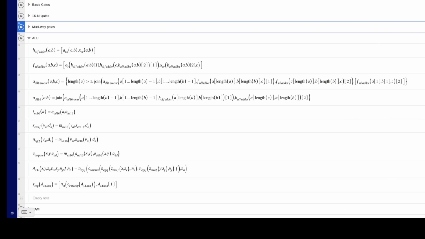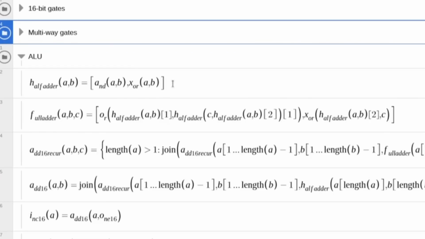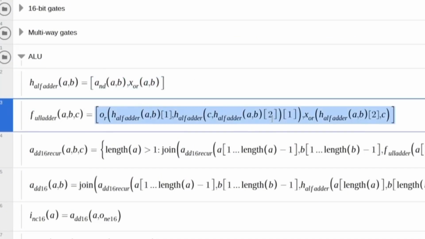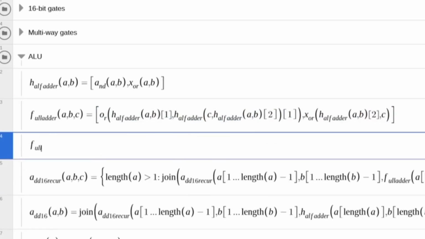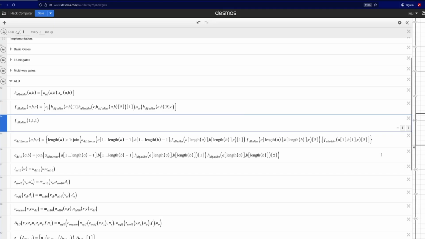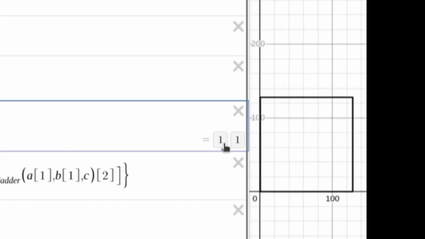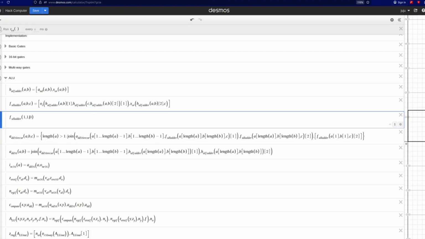Now, for the absolute monstrosity that is our ALU code, we start with the half adder, which is a simple AND and XOR. Then implement the full adder in terms of half adder to be capable of adding 3 bits, like so, and you can see the result in the bottom right-hand corner of the text box where I'm typing the expression. So you can see our adder